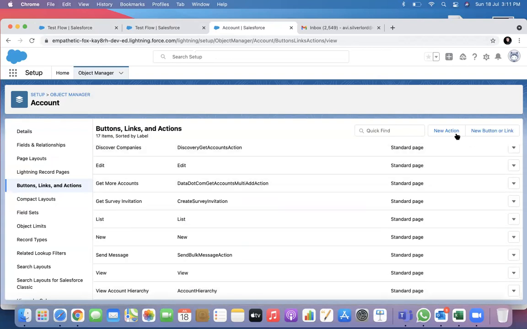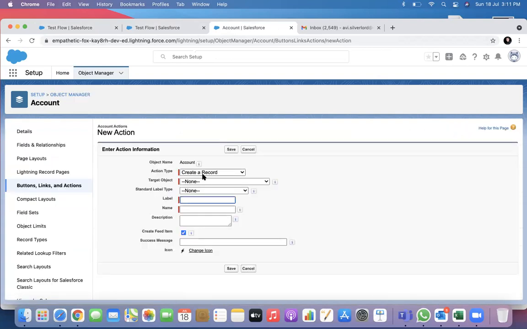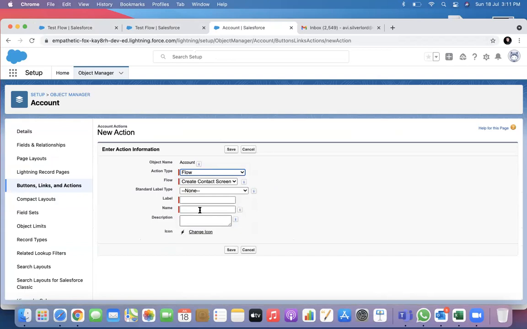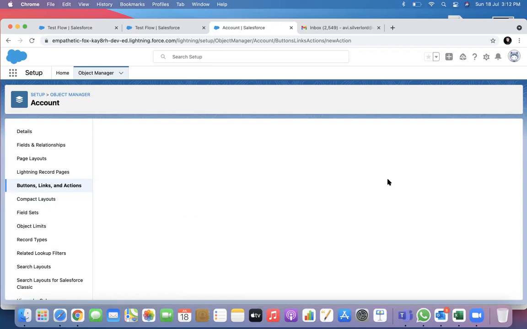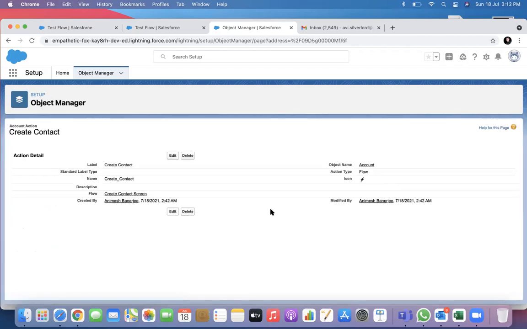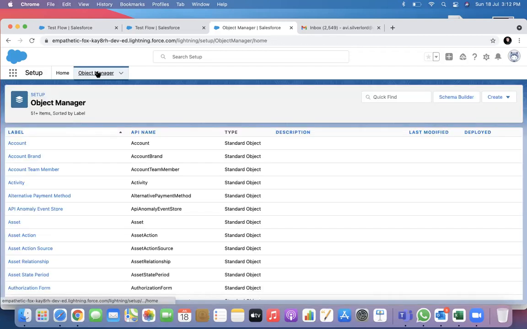So let's create a new action. See, I can make a flow, the contact screen flow. I say create contact. Save. This is a new action which we have created.